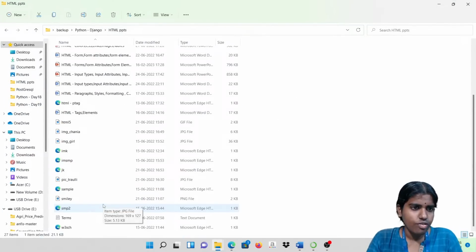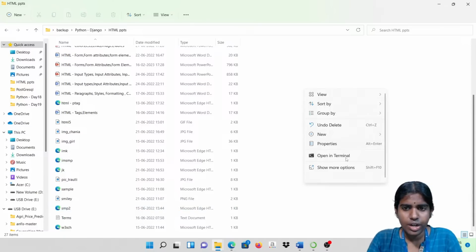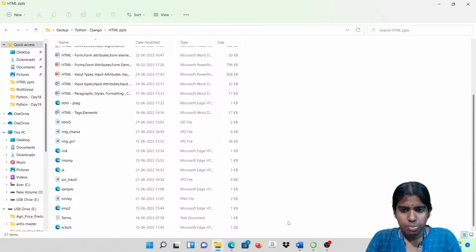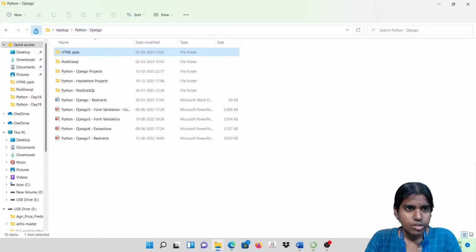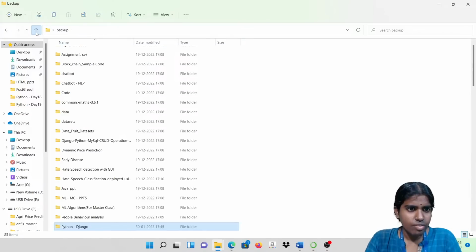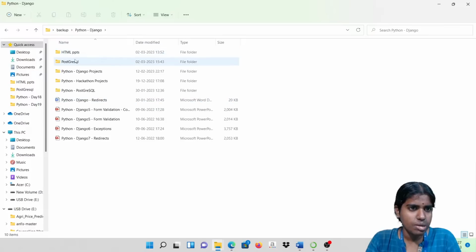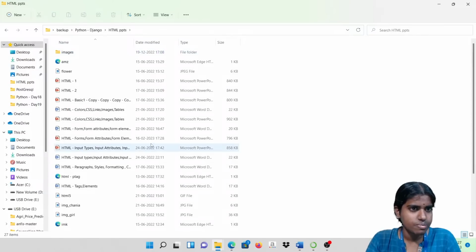Clear? Say for example, I am going to define some file here. Whenever I want to create any new file, let me type in the code and save it. Clear with this? What is the use of tags and attributes? These are the different types. Whenever you want to display some images, you can do it like this.